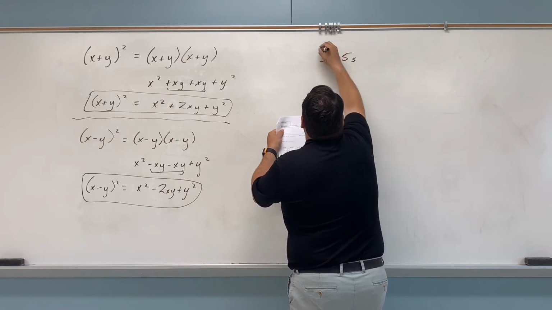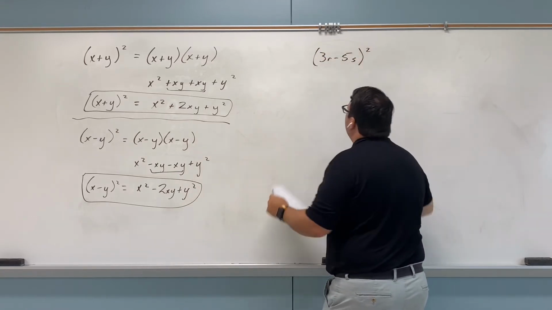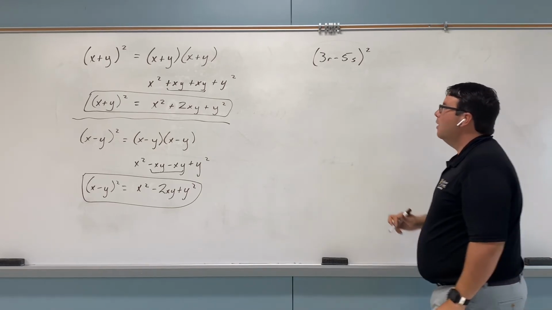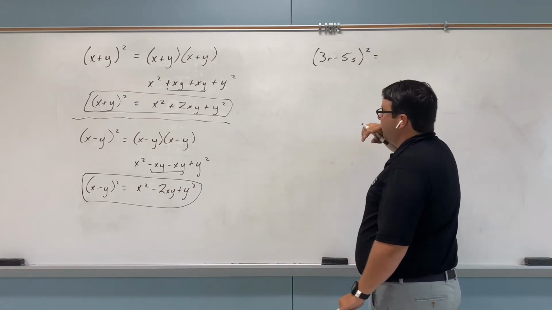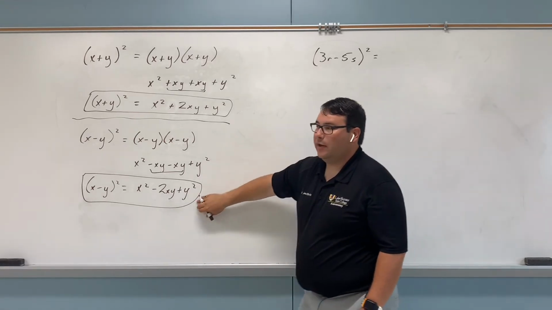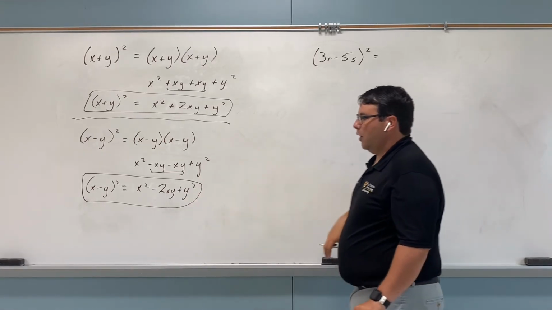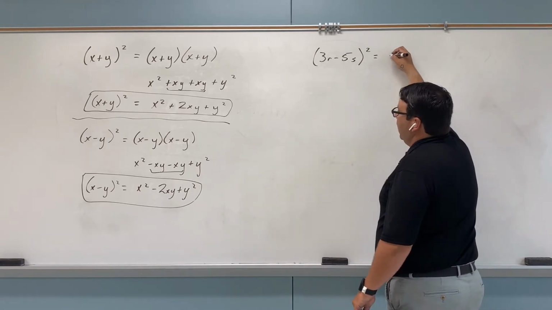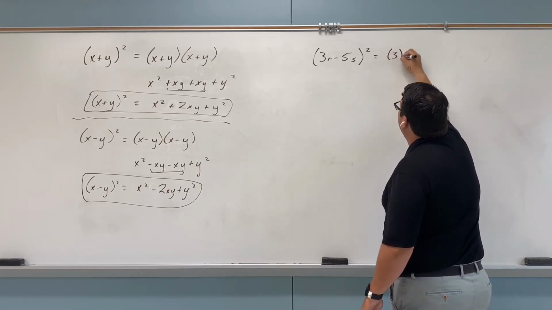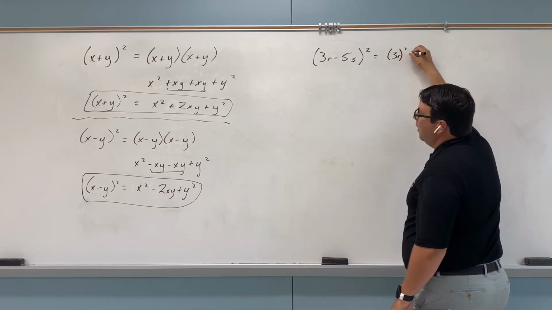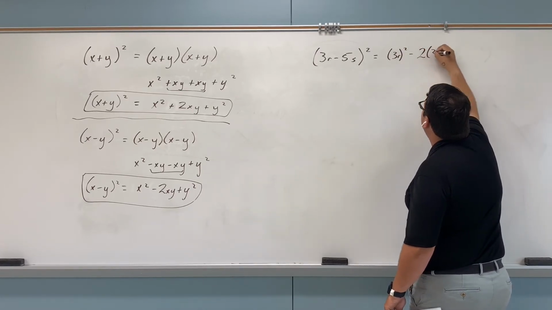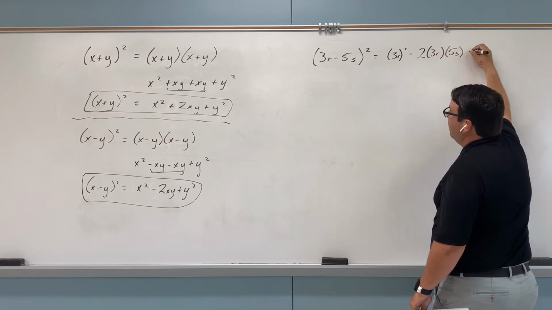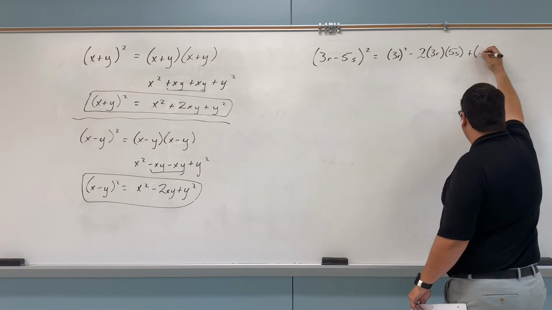The first example that I have is 3r minus 5s squared. By definition, we are using the second definition, the difference, for our square of binomials. By definition, I know that I have my first term squared minus 2 times my first term times my last term plus my last term